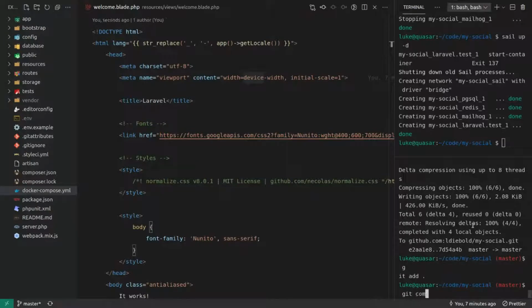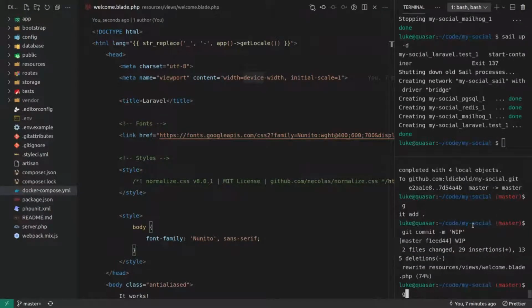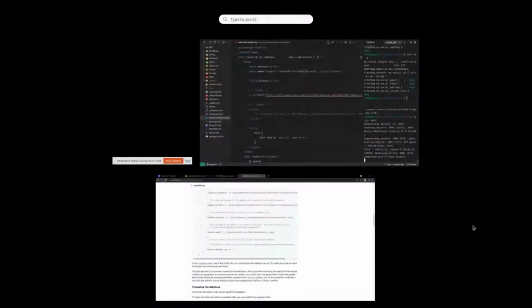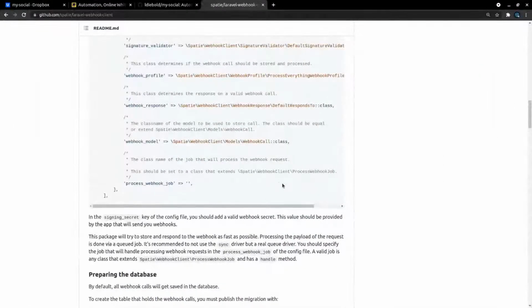Add dot, commit message. I'm just going to start calling these WIPs because we're going to be doing a lot of pushing. And let's check if it does push successfully. I am actually checking on the bottom screen. Unfortunately, Forge shows a deployment trigger on this page, so I can't show it to you. It just means that you can automatically deploy my app, but still, I shouldn't show that in case somebody spams it, even though Forge probably puts a rate limiter on it.